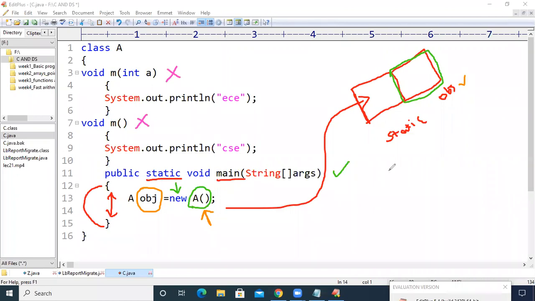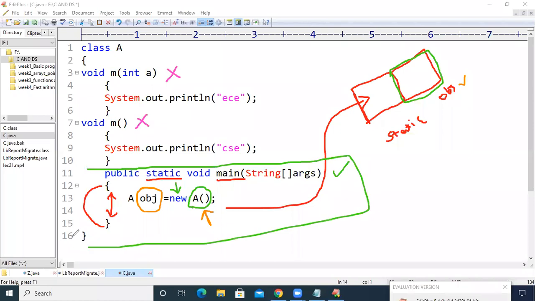So other than this main function, the entire remaining content will be moved into obj. Okay. So if you want to execute anything which is present in obj, we need to call it with obj dot.